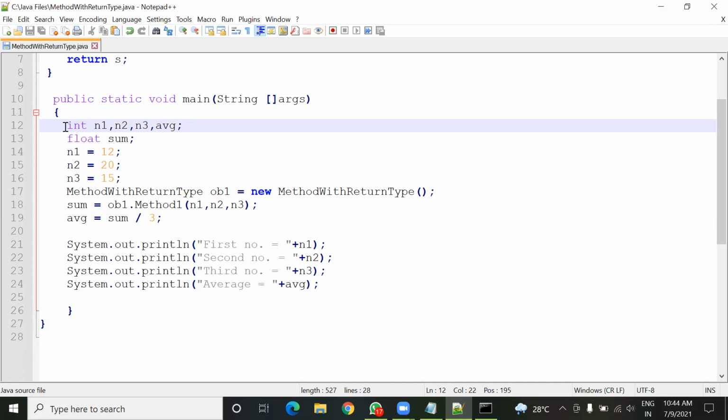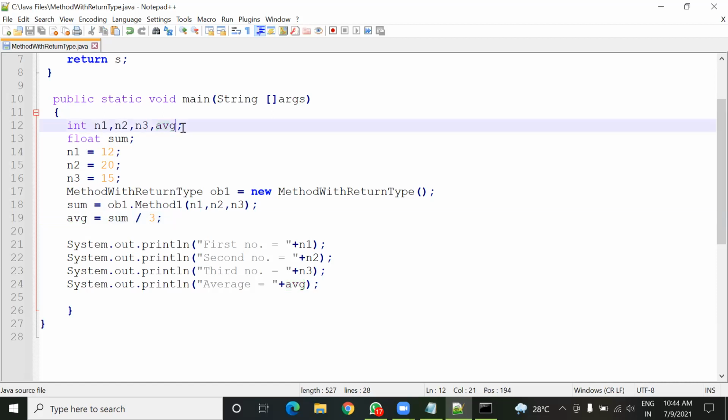Here you can see the avg variable is declared integer type. So this sum variable is a float type. When you divide a float type value by 3, the value you will get will also be a float type. So it should be stored inside a float type or double type variable, not integer type.